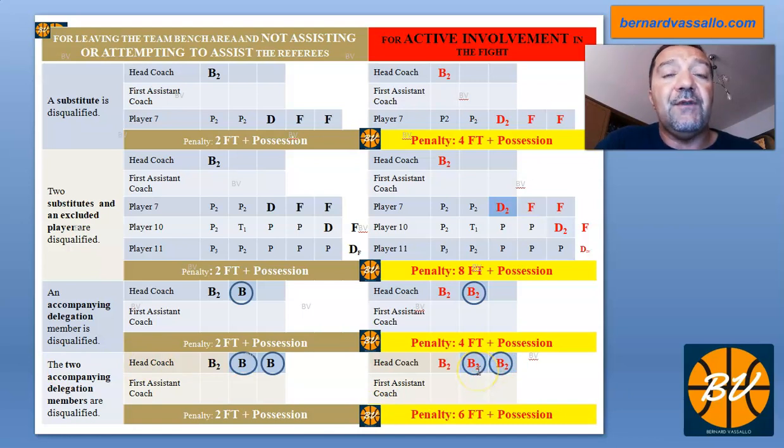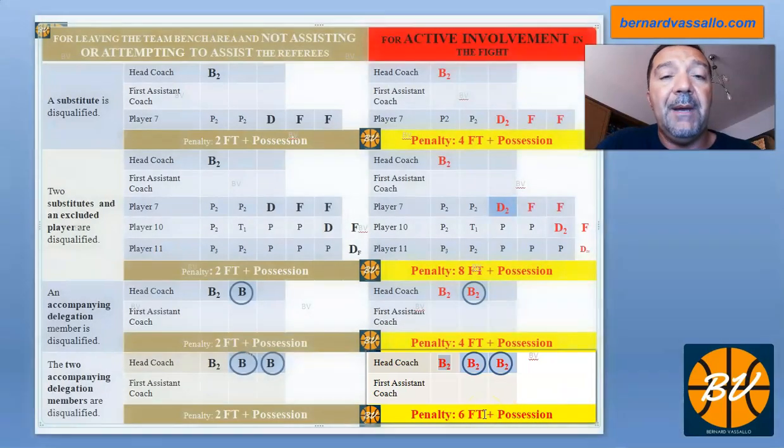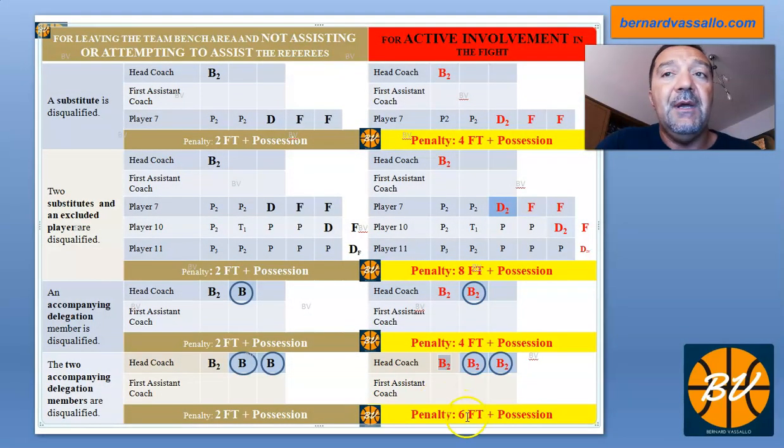Therefore, each disqualification also has a penalty of 2 free throws: 2 free throws for this disqualification, 2 free throws for this disqualification, apart from the fact that there will also be 2 free throws for the indirect technical foul on the coach, the B2 coach technical foul, because he did not control his team members from entering into the court. Therefore, in this situation, apart from the fact that the two members will be disqualified from the game, the penalty for the opposing team would be 6 free throws and possession.